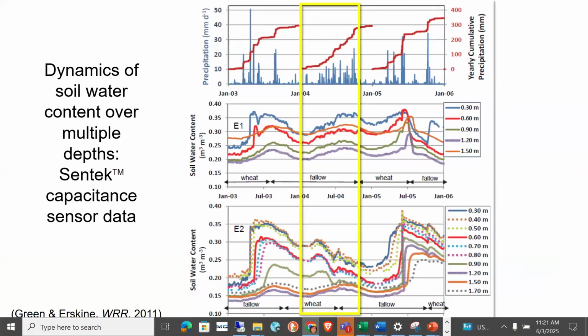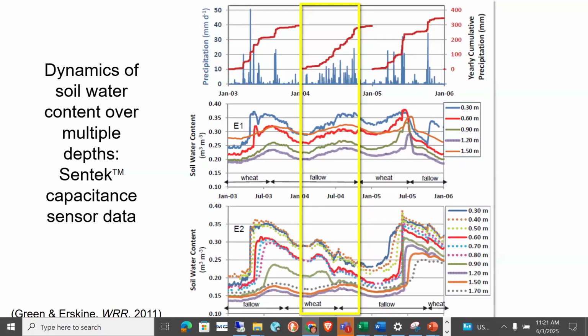So if you look at this middle column, we have the E1, E2. I should have pointed out, we're in the northwest corner of that field. And E1 here is in a fallow. And as Tyson mentioned earlier, actually, that's accumulating water from precipitation, while the wheat phase in the other strip is